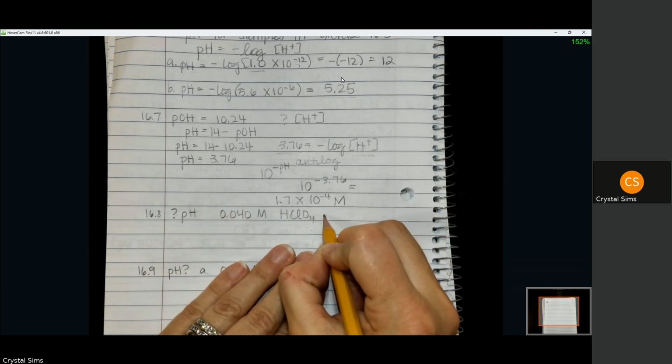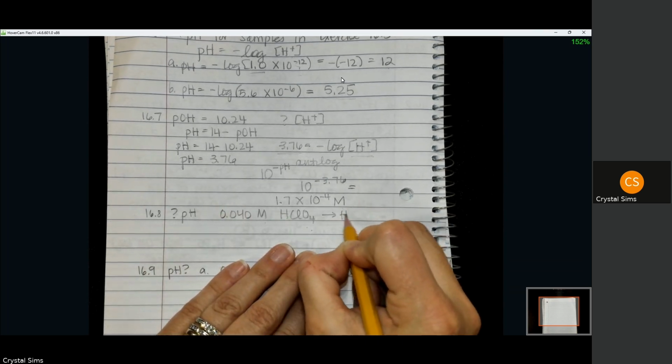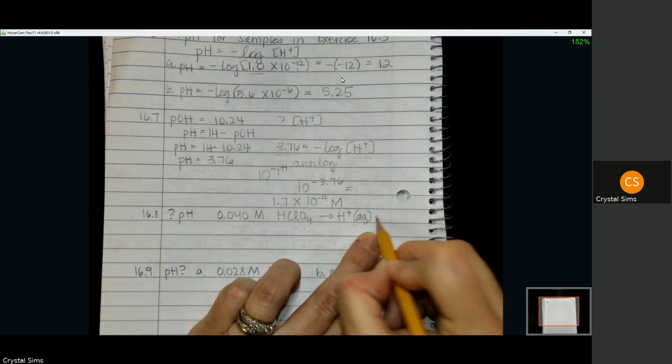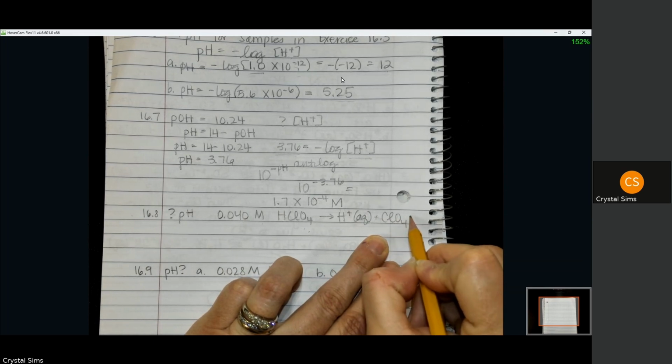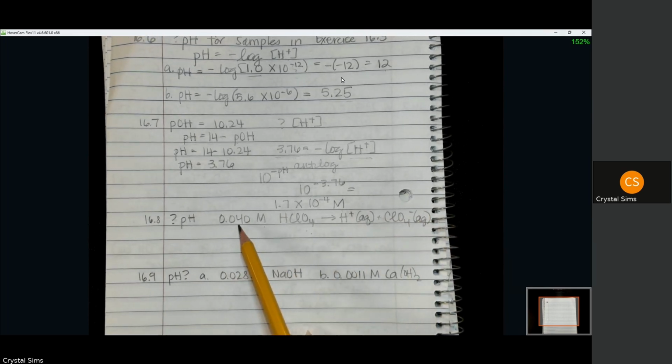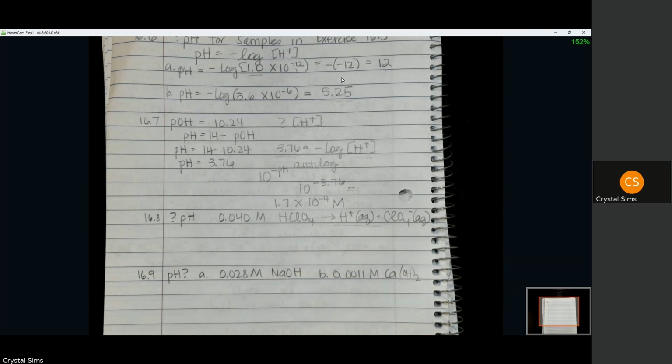Well, it's going to completely dissociate into hydrogen ions and perchlorate ions, so that this molar solution basically becomes the molar solution of the hydrogen ions that are going to be found there. So when you're asked to find the pH of one of these strong acids,